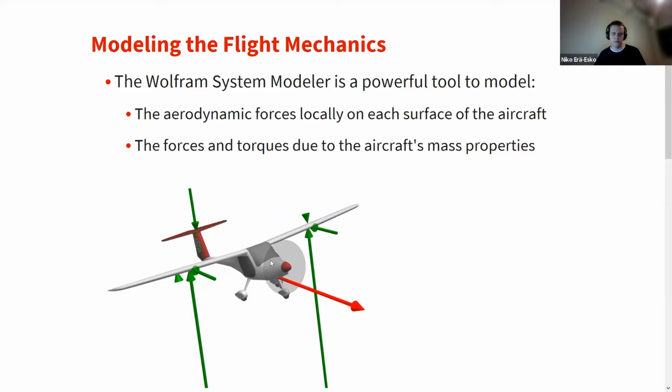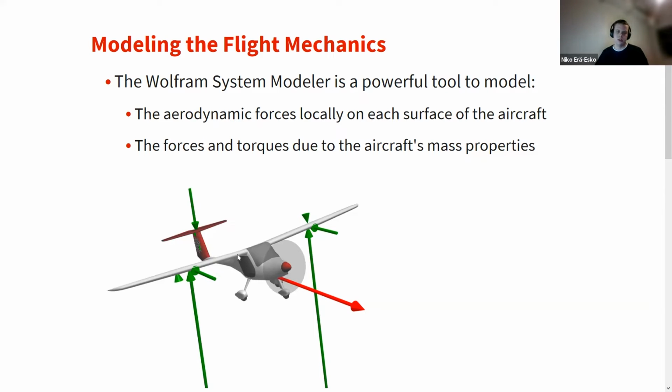Here we see the lift force acting on each side of the aircraft wings, similarly to the drag, and the negative lift on the horizontal tail to pitch up the aircraft to get it into the trimmed condition. At this very time instant, it has also deflected the ailerons such that it would start to rotate left. And together with those forces, we also get the forces and torques that are due to the